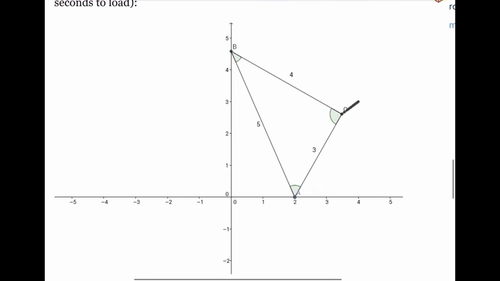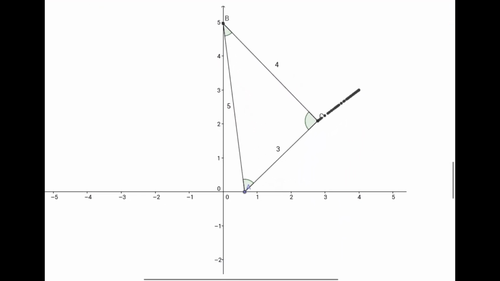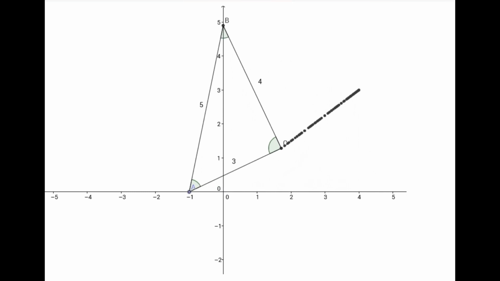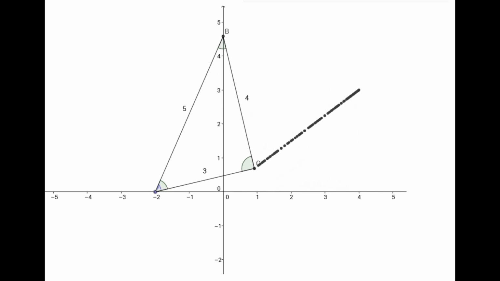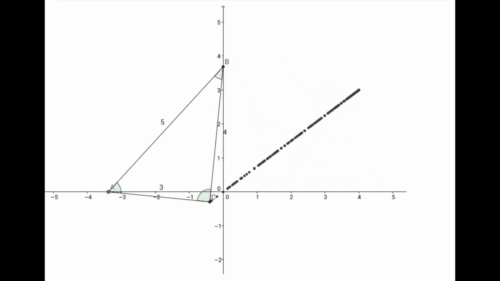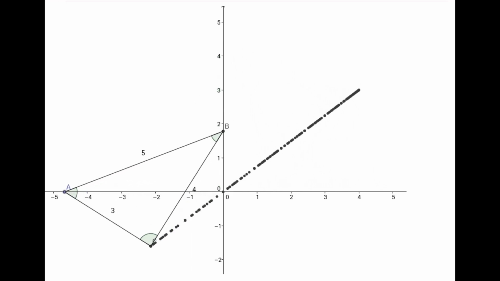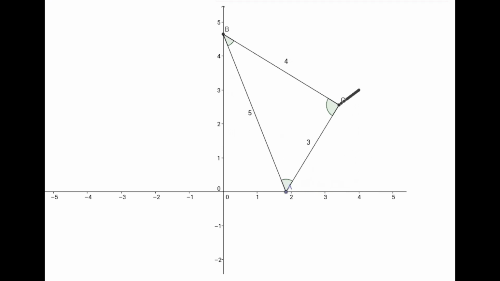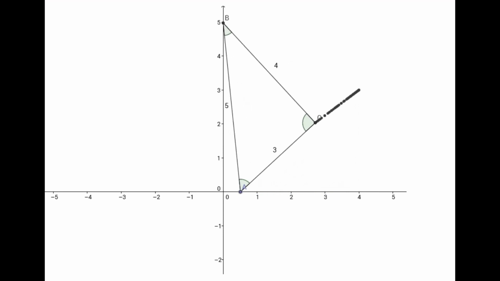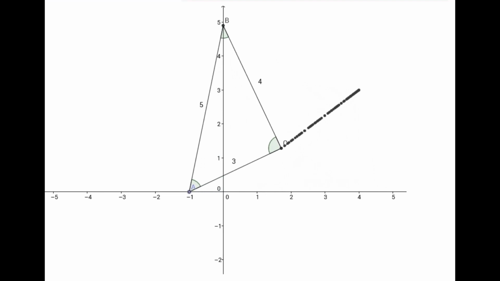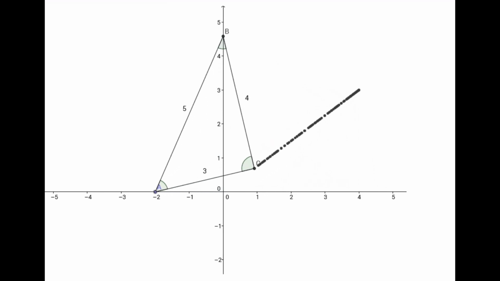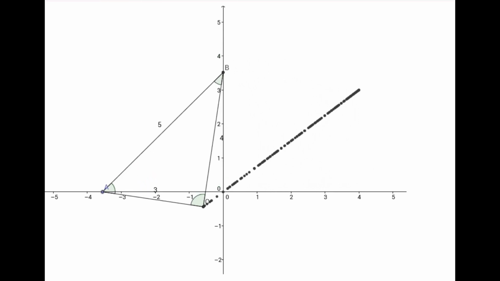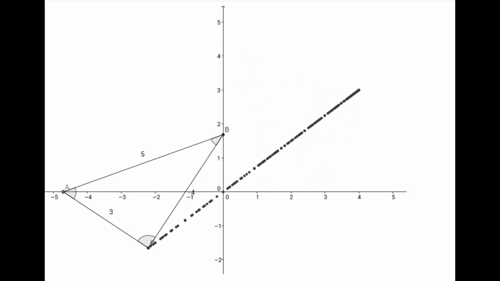So here is the animation of the problem, and to your surprise you can clearly see the locus of C is a straight line. I would recommend that before you saw this solution, it was better if you had tried by yourself, then you would have enjoyed it, because usually when we ask this in class they feel it will be some closed curve. But as you can see, C is moving beautifully on a straight line, which is y equal to 4x by 3, and that's passing through the origin. As AB slides through all the 4 quadrants, we'll get both lines. So I hope you enjoyed. We'll come with more sessions like